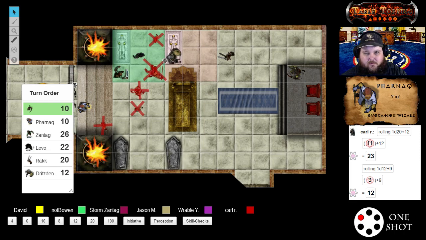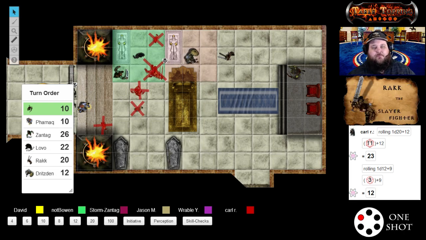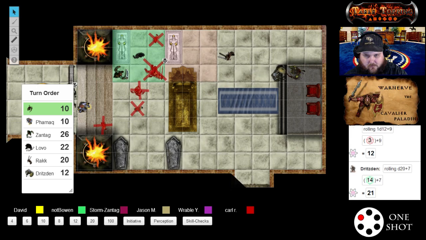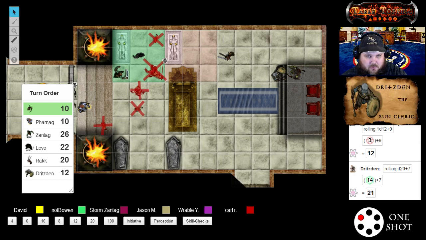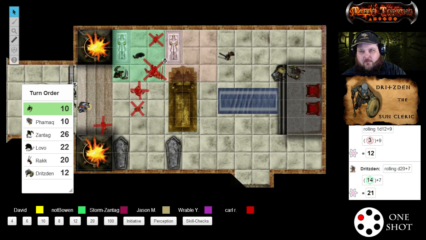I'll move up here to 5, and then I'll charge at this guy with the bow. 21. Let's see. So you wanted to do a movement action and then a charge? You can't do that, that's like 2 different movements. Well, it's a move action and then the standard to charge. Okay, gotcha. I was looking at charge. Let's see. Yep, +1. So 21 versus